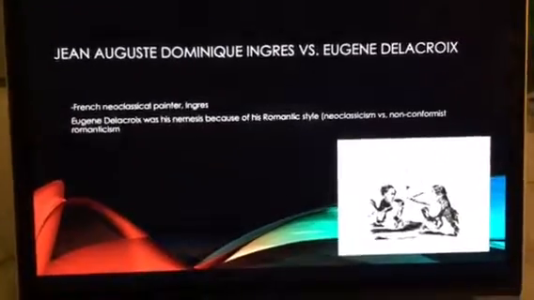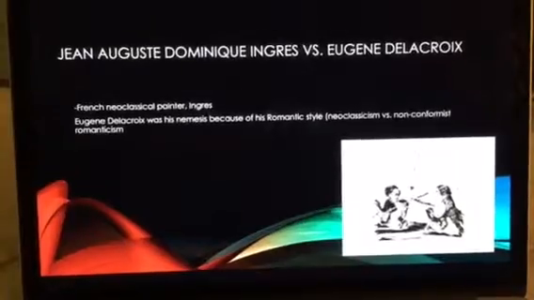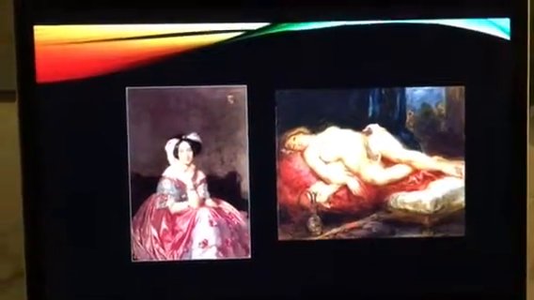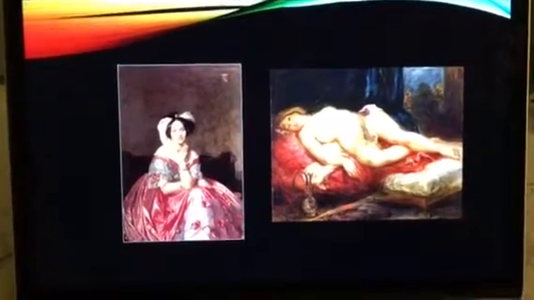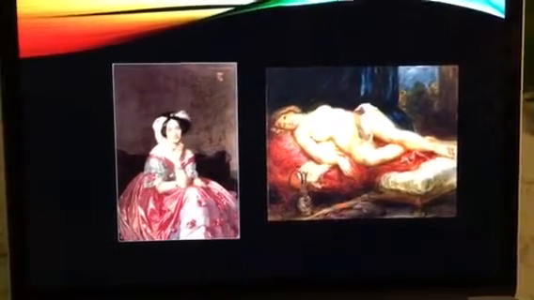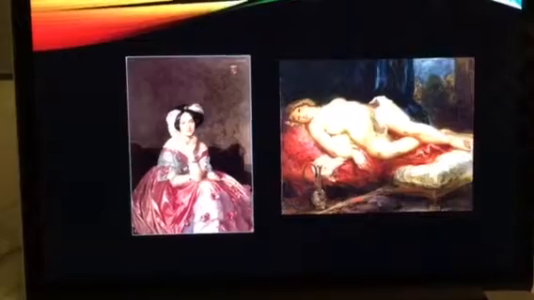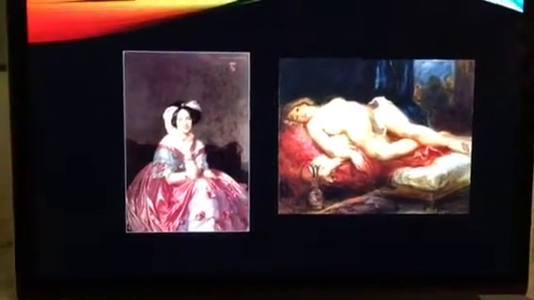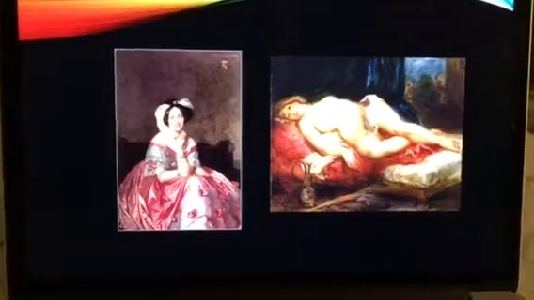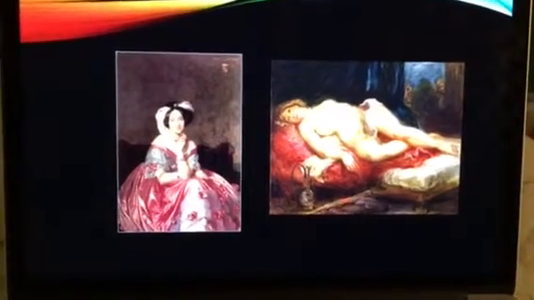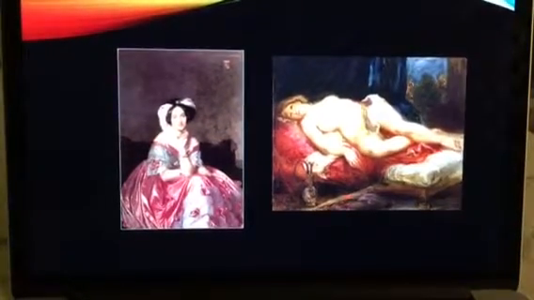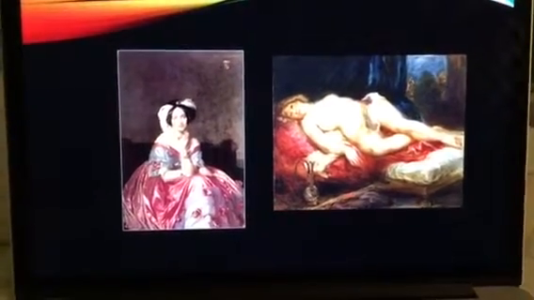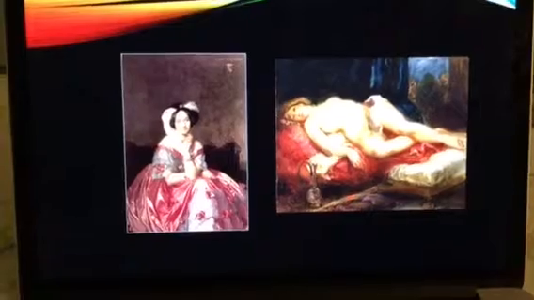On the bottom is a political cartoon made to show the difference between Ingres and Delacroix. These are two paintings painted by Delacroix and Ingres. I think it's very easy to see who painted what, just based off of the style and the brush strokes as well. The one on the right was clearly painted by Delacroix because of the